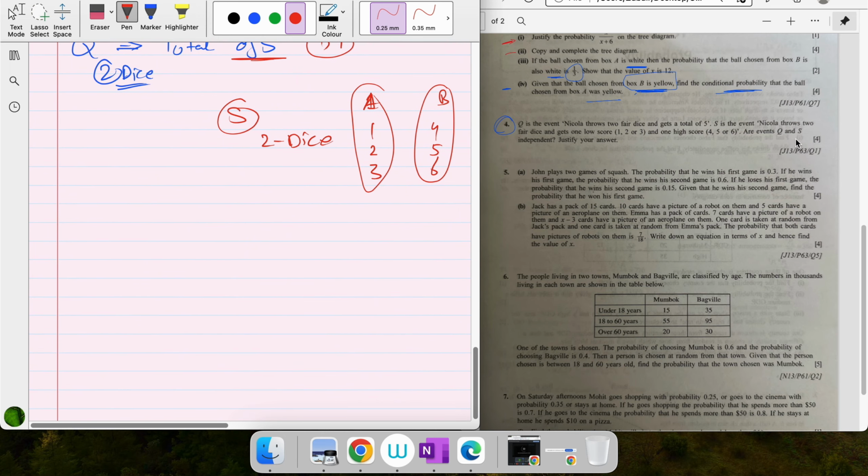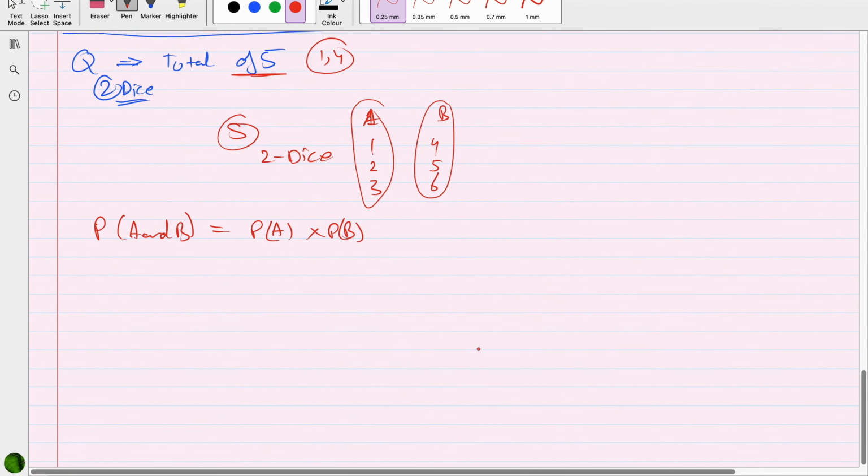The question says, are the events Q and S independent? For independent events, we have a condition that the probability of A and B will be equal to the probability of A multiplied by the probability of B. Now let's list these possible outcomes. So when we talk about event Q,